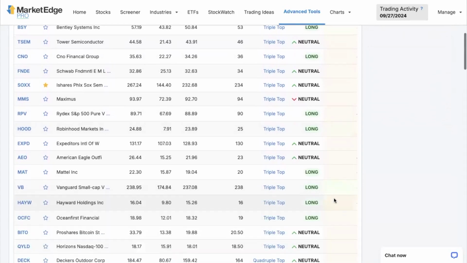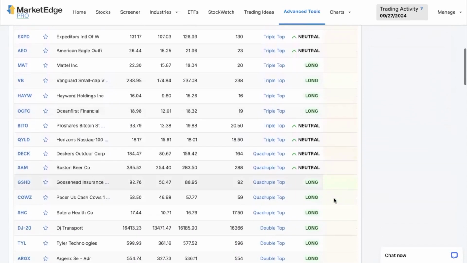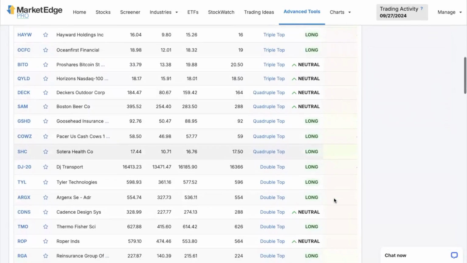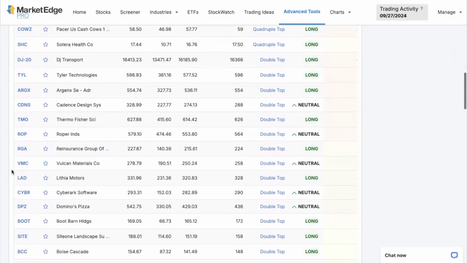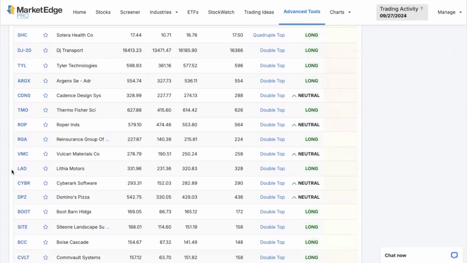Yeah, if 60, whatever. But I will go down through and look at these things sometimes, and I will look to see an industry, because a lot of times you don't know it, but what happens is you'll look at this and all of a sudden you'll see, wow, there's 8 banking stocks that are getting ready to break out of a triple top or a double top, or there's 5 or 6 or 7 semiconductor stocks that are getting ready to break out of a double top or triple top formation,